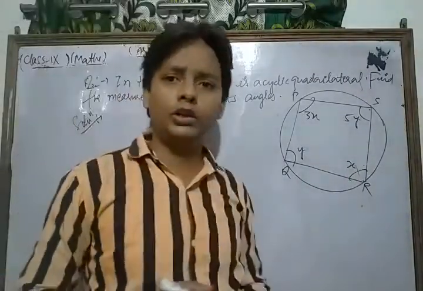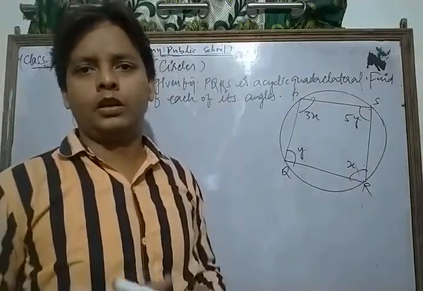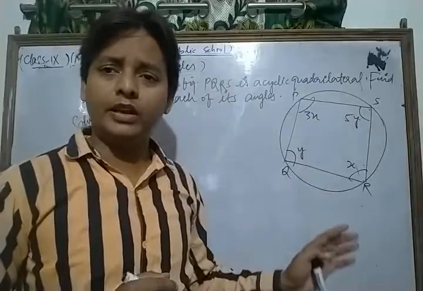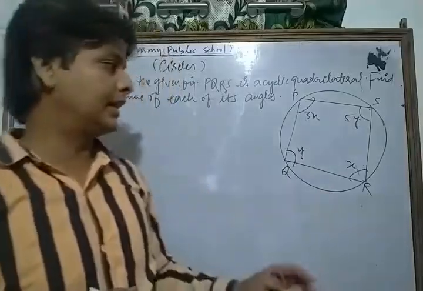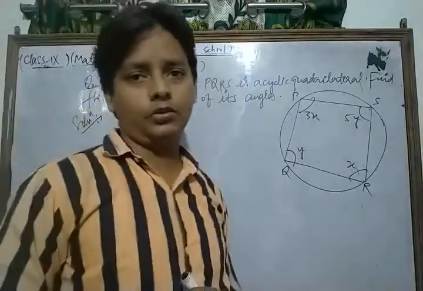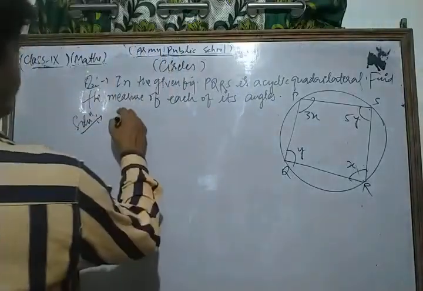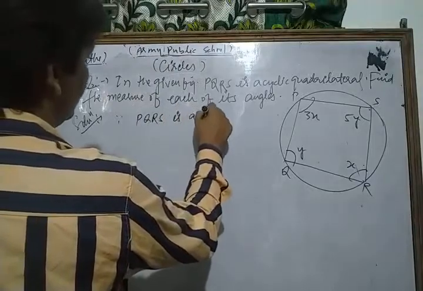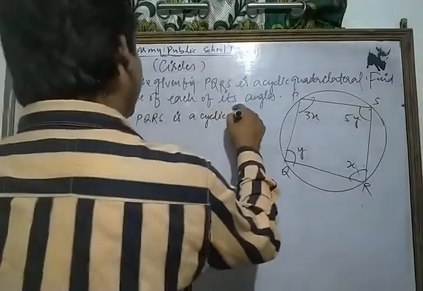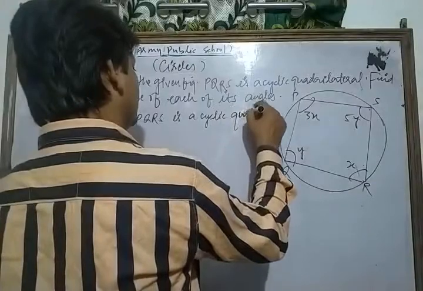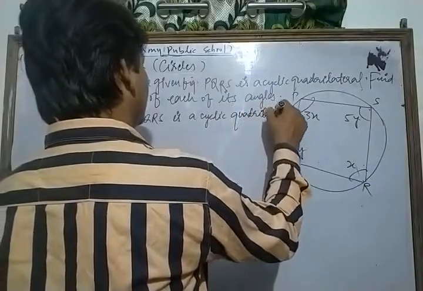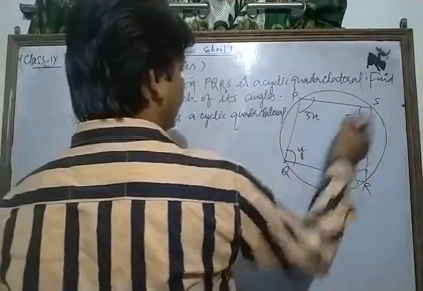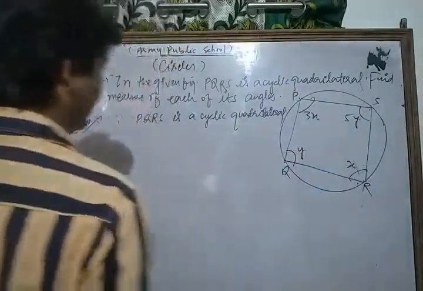Dear friends, according to that concept, according to the question, we find the measure of each of its angles, that is angle P, Q, R, S. Now since PQRS is a cyclic quadrilateral,